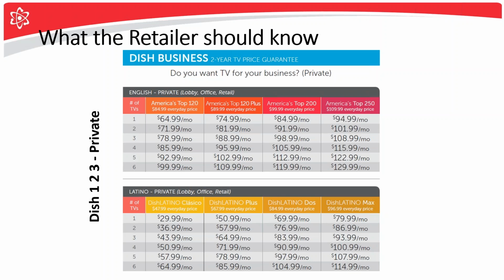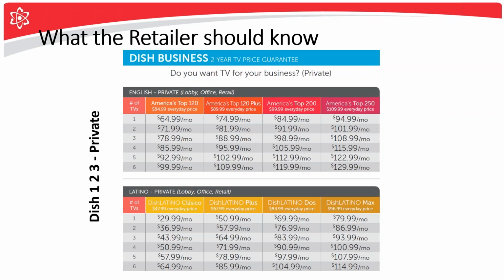Also, to help make it a little easier for you to talk about it, there is a section in the Dish 123 workbook that talks about private and public businesses. So all you'd have to do is use it in the same way you would with your residential customers. We've all seen how to use a Dish 123. There's also the training available on DishU. You can talk with the customer after seeing what channels they like. You can figure out what programming package to recommend. And then based on how many TVs they're getting installed, you can quickly give them an estimate of what their monthly rate is going to be.